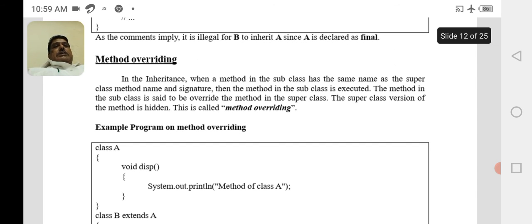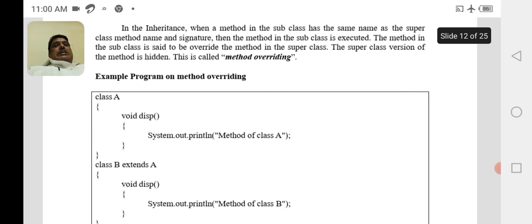Now let us see the method overriding concept. Like method overloading, which we discussed in the previous unit, here we have method overriding, in which we have a method with the same name and signature both in the superclass and subclass.